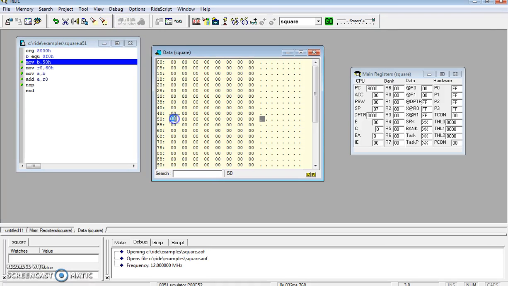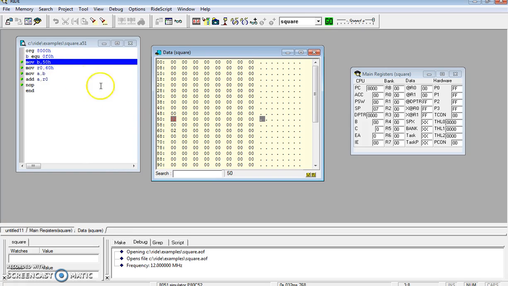See, at 50th location I am giving a value. I am taking simpler values so that we can understand it in a better way. So at the 50th location I am giving the value 2, and at the 60th location I am taking the same value, that is 2. As you know, I have to add two numbers, so I have taken 2 and 2. So in the final answer I have to get 4.